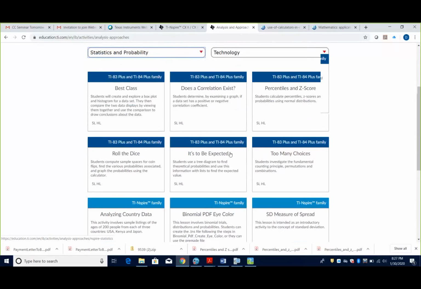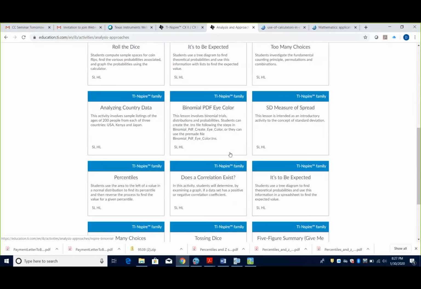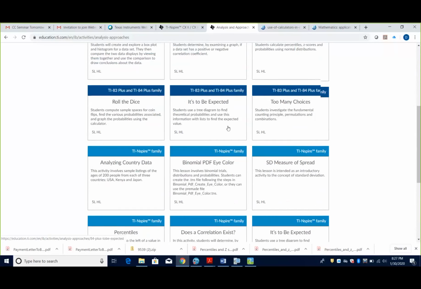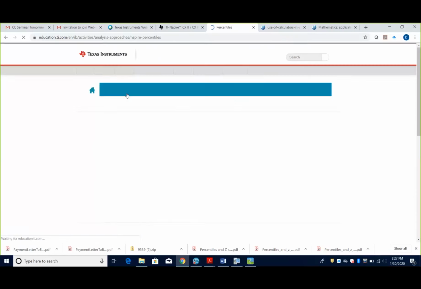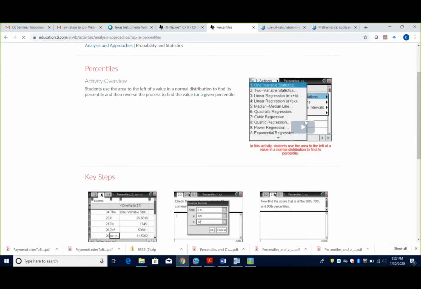Okay? So what is cool about this is once you pick something, let's just say you want to do percentiles, what the heck. If I click on percentiles, what you are given is a little screenshot of what this activity is all about.